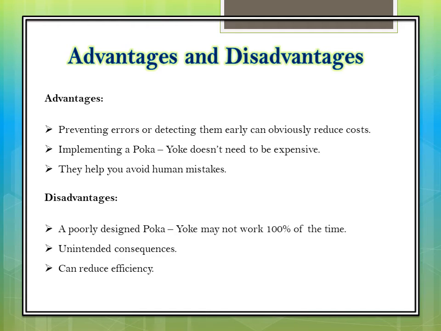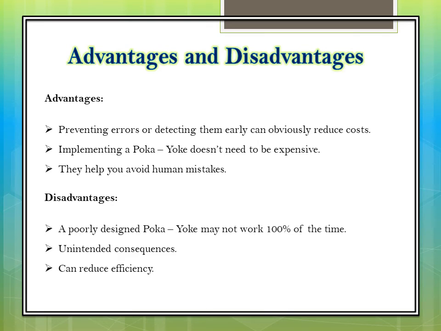Some disadvantages of Poka-yoke include: first, a poorly designed Poka-yoke may not work 100% of the time. Now humans like to find a shortcut or easy way of doing things. Second, something in a Poka-yoke that can appear useful actually ends up resulting in unintended consequences. A good example of this is a spelling and grammar checker, which removes the need for people to actively improve their communication skills, and that could show up as a negative in other situations in the workplace.